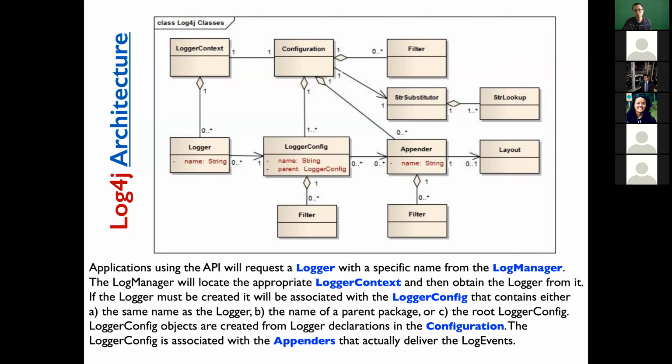So first, remember, we will request a logger from the log manager. Remember, right? We request a logger. Then the log manager will locate the appropriate logger context and obtain a logger from the context. When we create a logger, it is also associated with a logger config. You can consider a logger config as one element in the